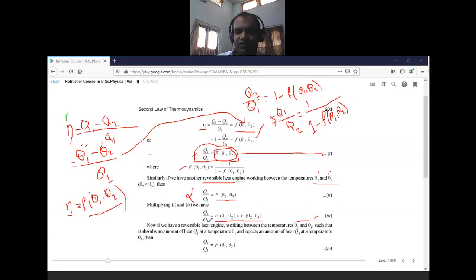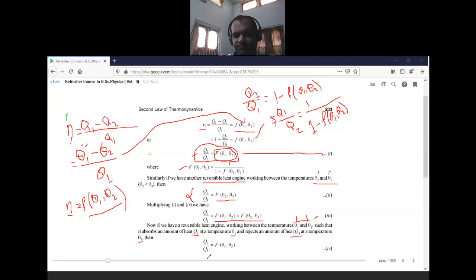Let us see this paragraph: if we have a reversible heat engine working between temperatures theta 1 and theta 3, such that it absorbs a quantity of heat Q1 at temperature theta 1 and rejects a quantity of heat Q3 at temperature theta 3, then